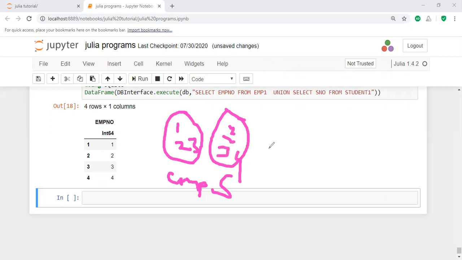What is the union of these values here? The union operation cannot allow repeated values. Here the union is 1 2 3 4 only. That means the union displays 1 2 3 4 only. It cannot allow repeated or duplicate values. That is a union operation.